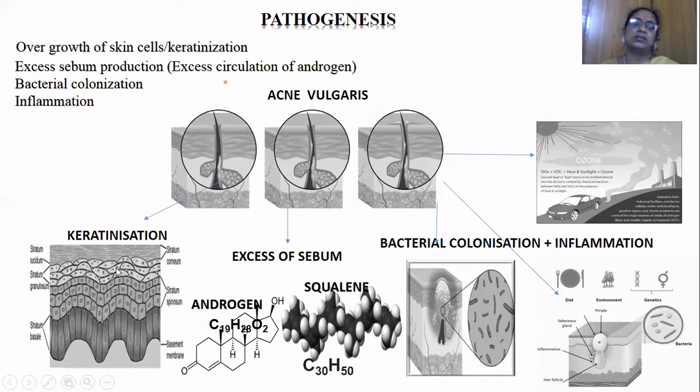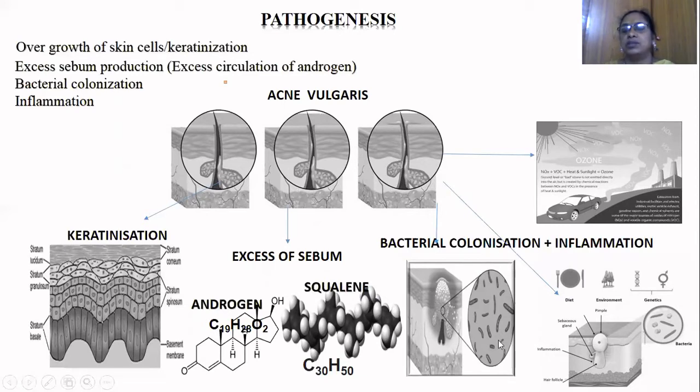This occurs when the skin, which consists of 5 layers, has an overproduction of keratin. The keratins clog the pores on the skin, and the Propionibacterium bacteria which live in the hair follicles produce more and more sebum, and it damages the hair follicles also, and then causes acne. Here, the excess of sebum is caused by the androgens, the male and female hormones, which secrete more and more sebum, and the squalene byproducts also cause the excess sebum.